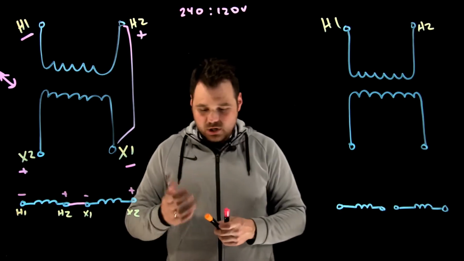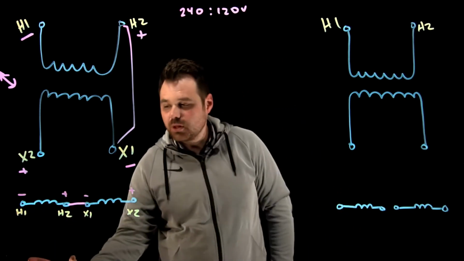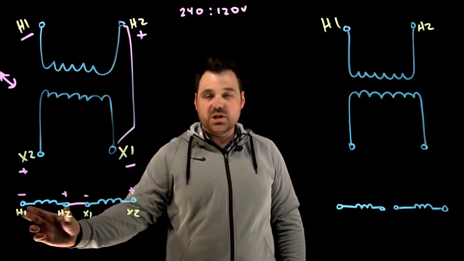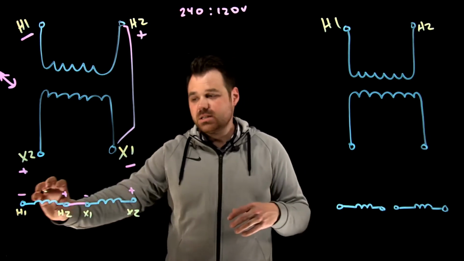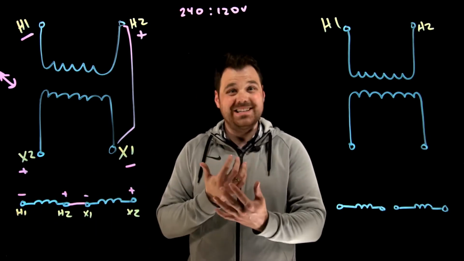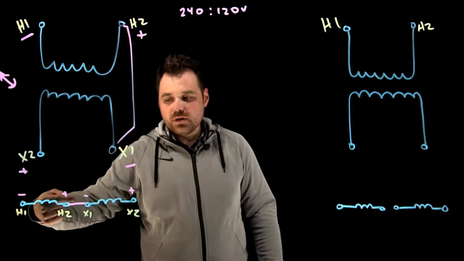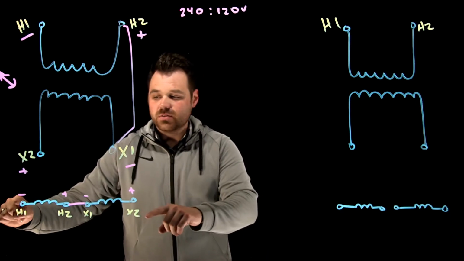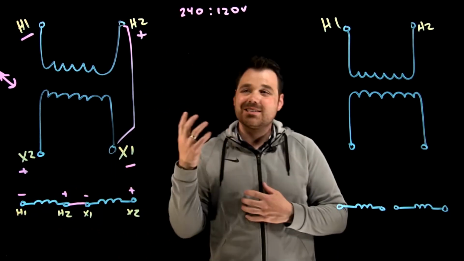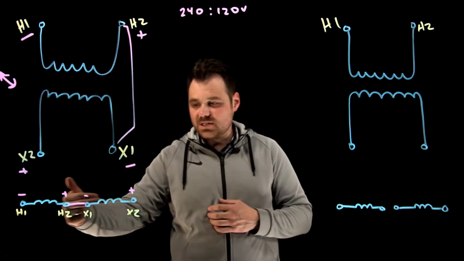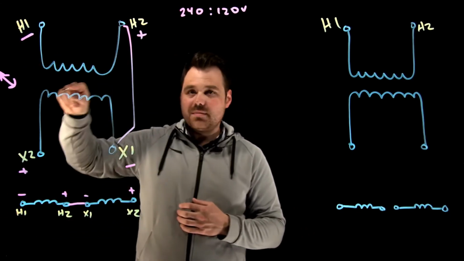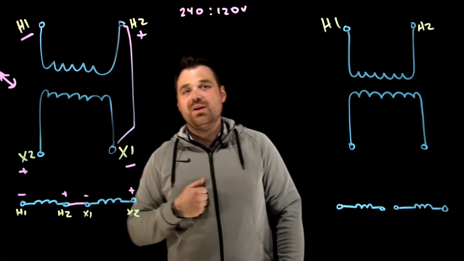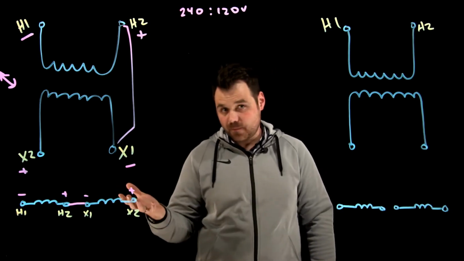This is exactly why it's called additive. If I were to apply my 240 volts to H1 to H2, okay, I apply my voltage H1 to H2. Because of the way the windings are wrapped around the core, they work together. I would have negative 240 plus negative 120, which would give me 360 volts from H1 to X2. So that's what makes it additive. Because the voltages have the same polarity, when I go from there back this way around the core, they have the same polarity, they add up. So that's where I get that additive winding.